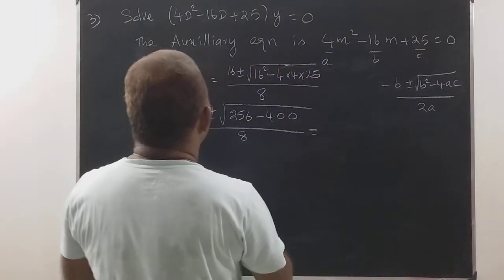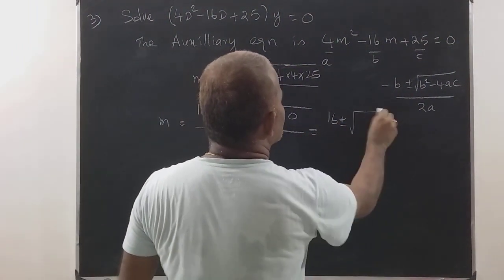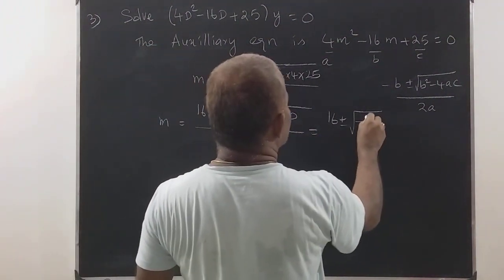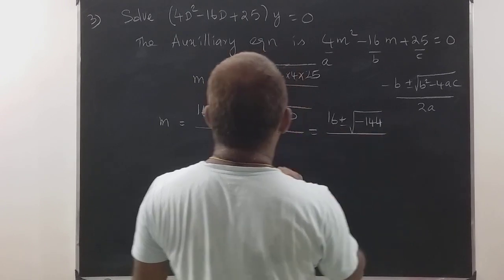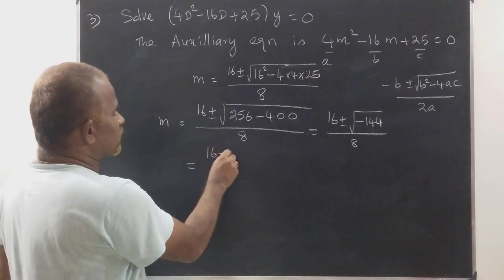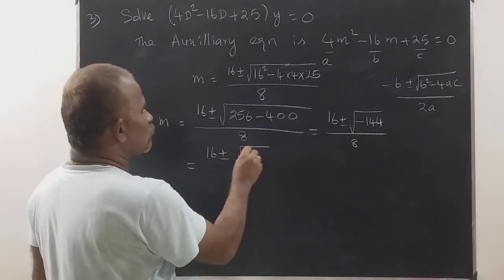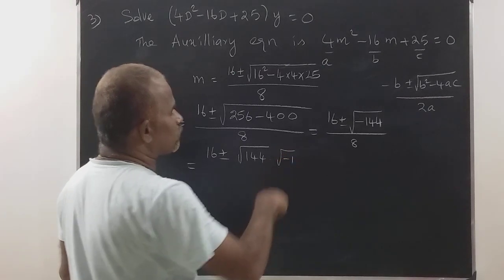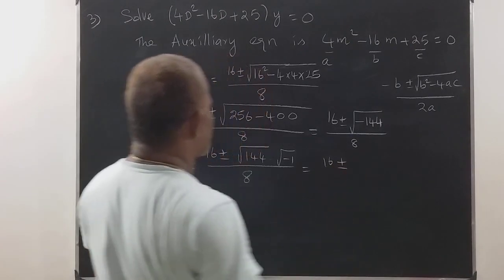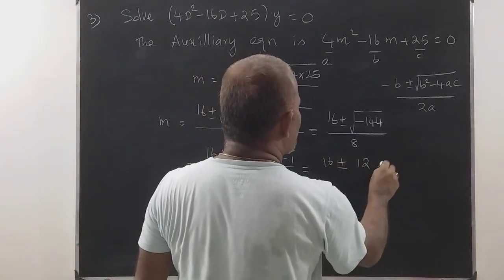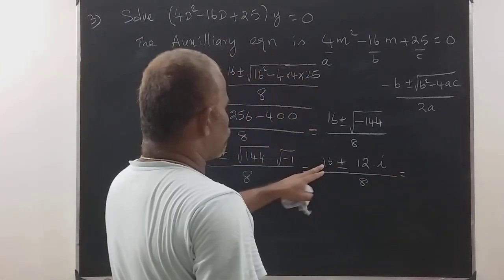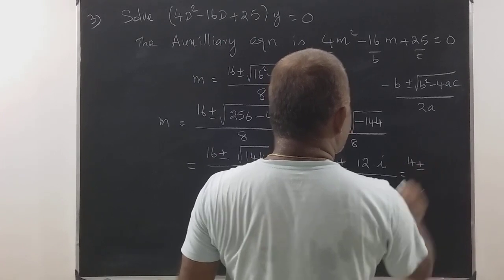Again this is equal to 16 plus or minus square root of 256 minus 400. So therefore this is minus 144 divided by 8. Again this is equal to 16 plus or minus square root of 144 into square root of minus 1 divided by 8. So this is equal to 16 plus or minus 12i divided by 8. So you have to take out 4. So 4 plus or minus